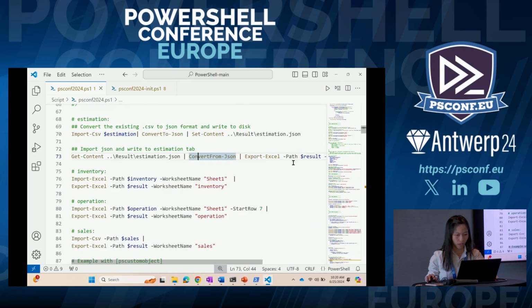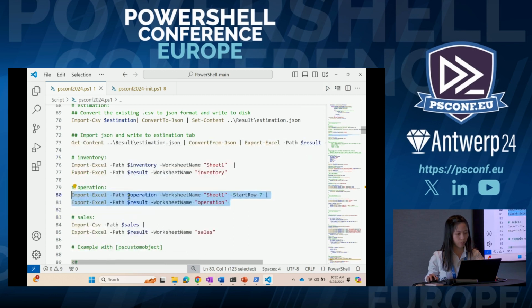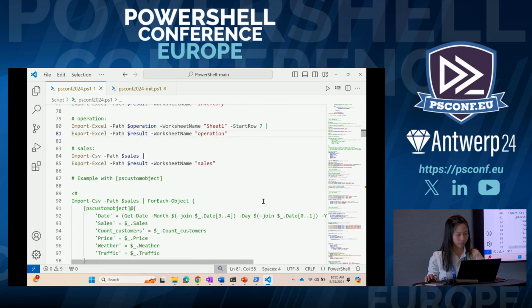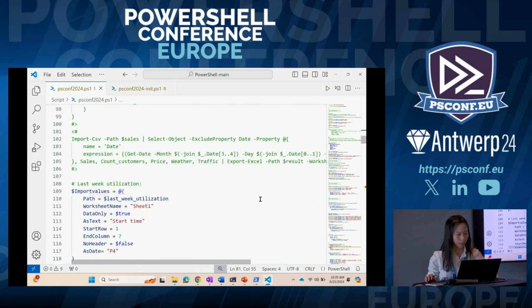First, with operation. Yes. So repeat the same thing. We also import the operation file and write into the worksheet name operation and start row number 7. So that is one way to do it. There's also another way to do it. You call it like data only. And after import this,